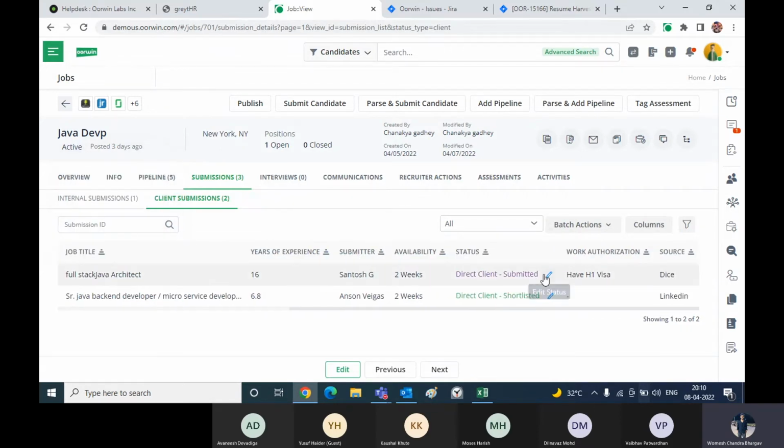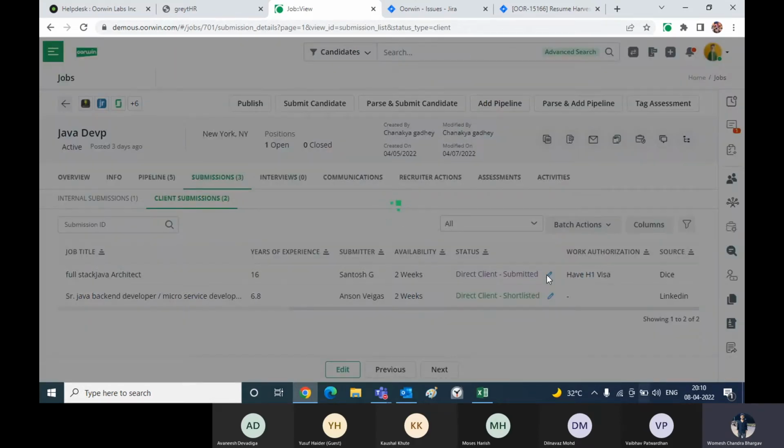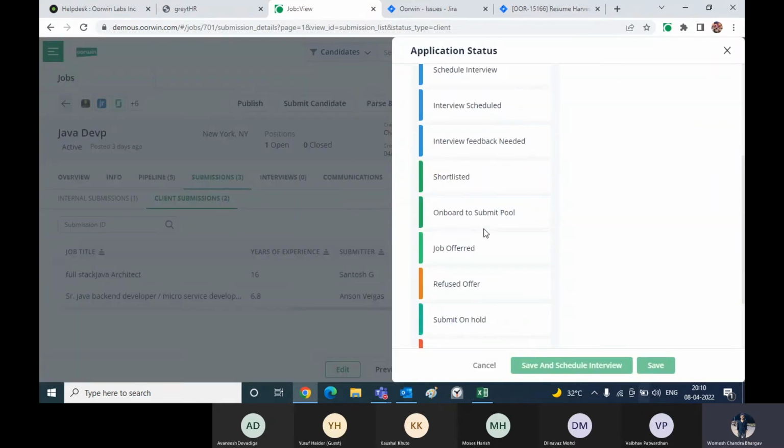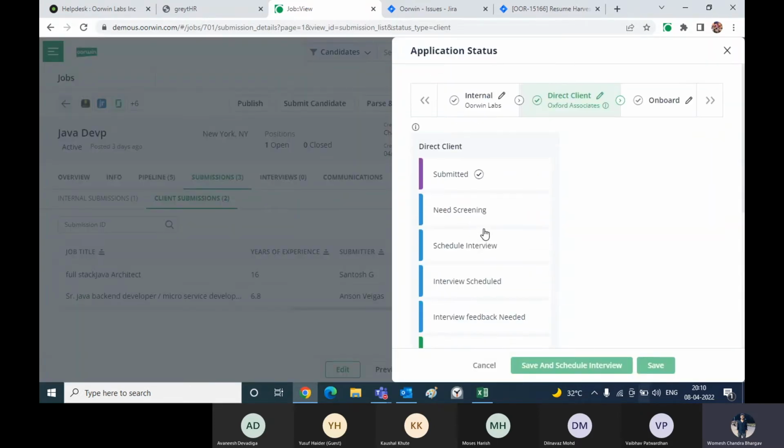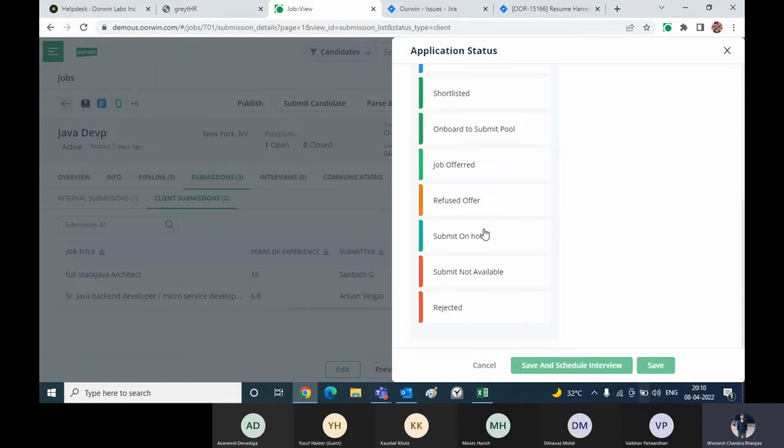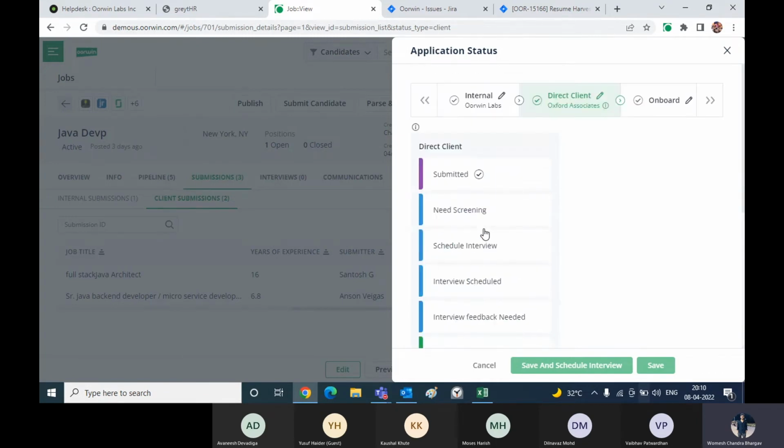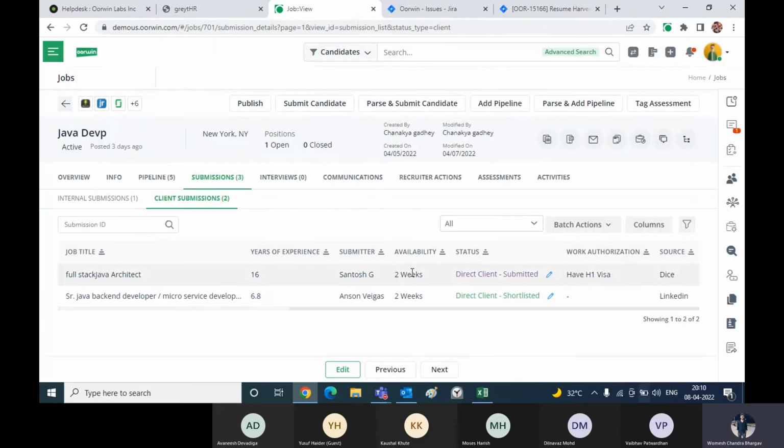You can click on the Edit Status button and change the status, whether the candidate has been offered or rejected, whatever the status is. Depending upon the status, whenever the reports are pulled, everything will be pulled from there. So any questions on publishing the job, and from there to pipeline, and pipeline to submissions?